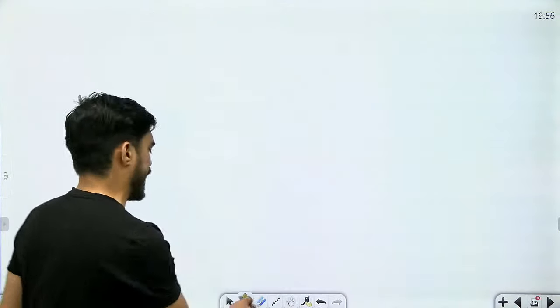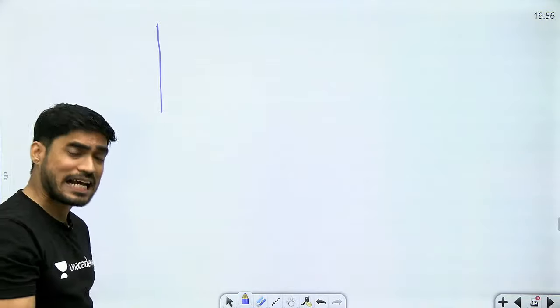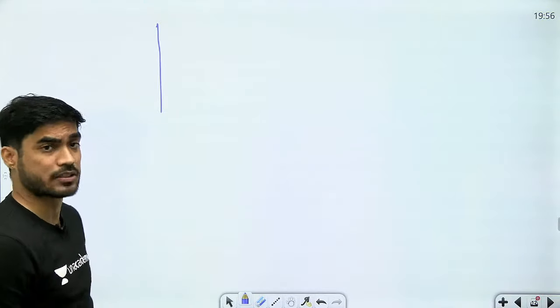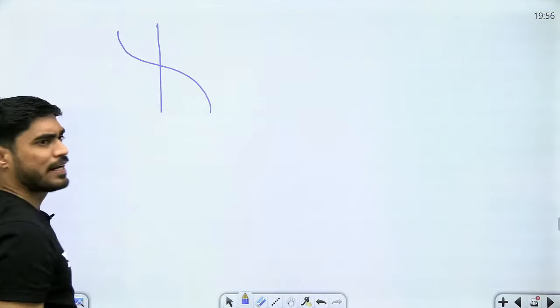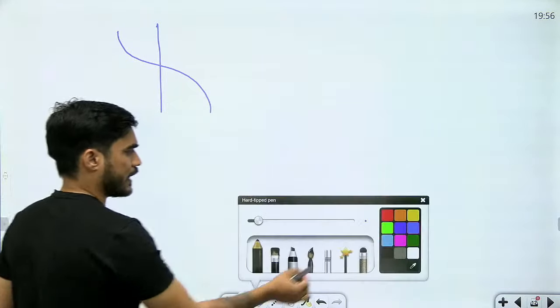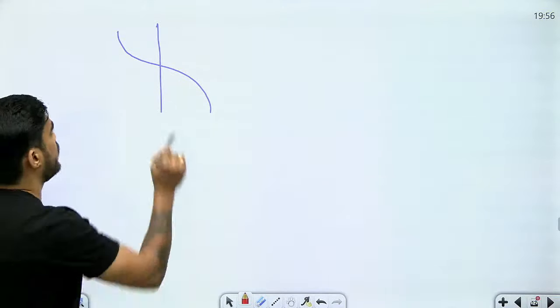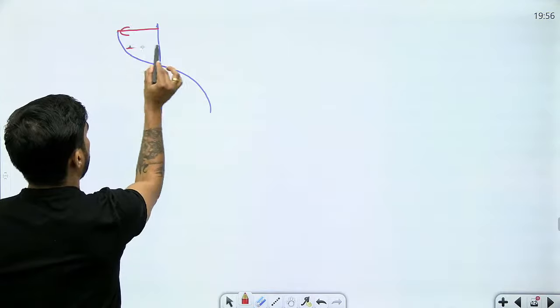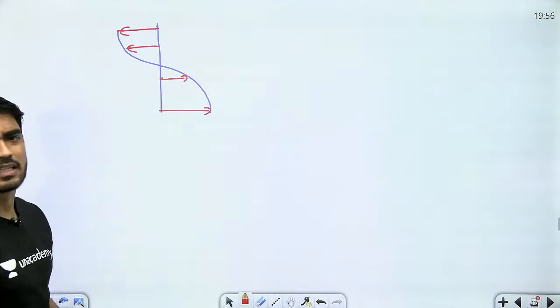Now if the transverse section does not remain plane after bending, अगर transverse section plane नहीं होता तो क्या होता बेटा? Understand, it would have been deformed like this, है कि नहीं? अगर ट्रांसवर्स सेक्शन प्लेन नहीं होता, कुछ ऐसा डिस्टॉर्टेड हो जाता, तो बेटा उस केस में आपको जो डिस्ट्रीब्यूशन मिलता वो ऐसा लीनियर नहीं मिलता, राइट?